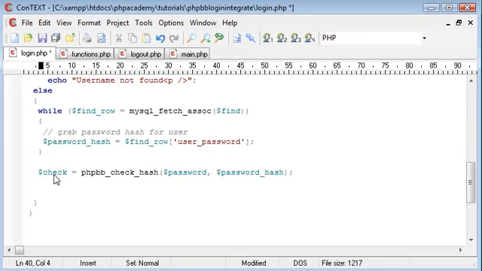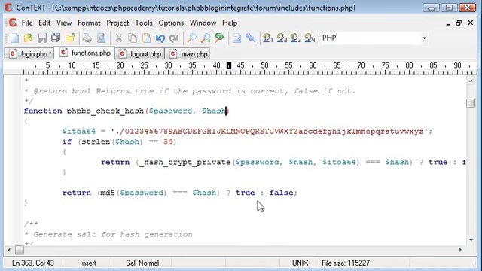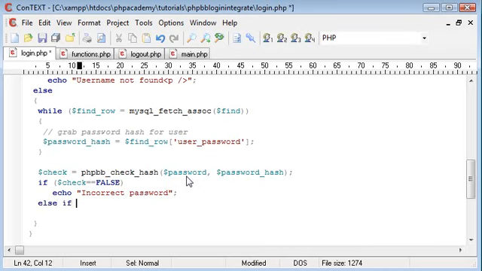So how are we going to check if this has returned saying that the password is correct? The reason being is because this returns a true or false value. So it's very easy to check now. We can check it by just saying if check equals true. What I'm going to do is say equals false for now, because I'm going to put the error before what we're doing. So if it does equal false, then we're going to say echo incorrect password,